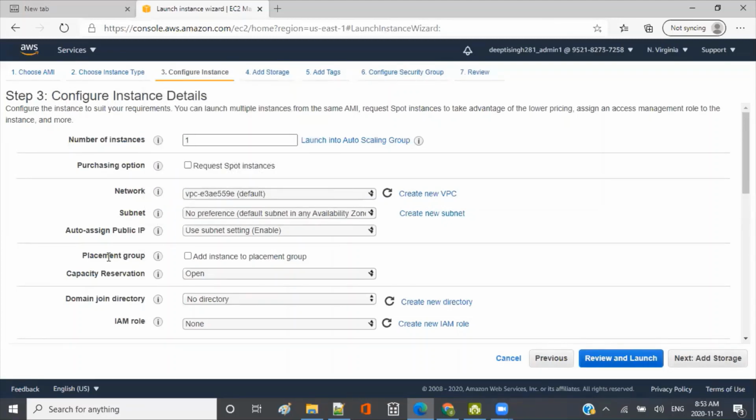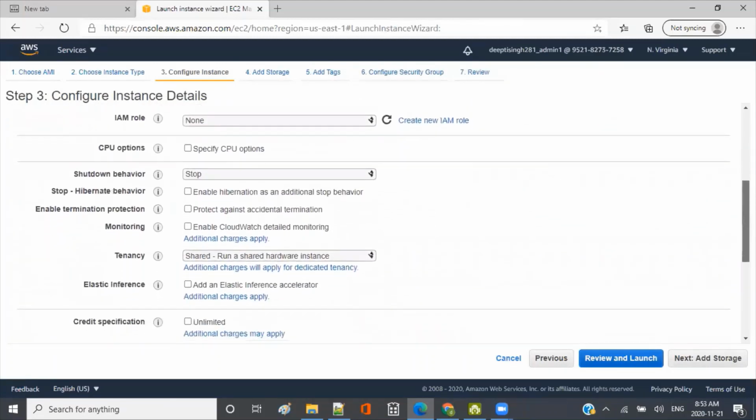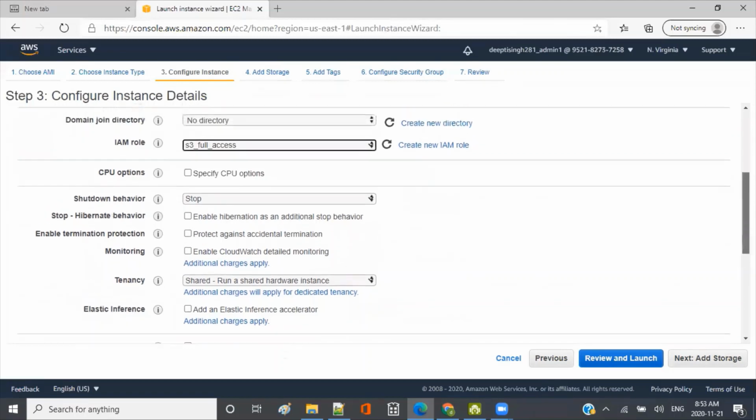And then placement group, don't worry about that at all. And then I'll come to the IAM role, where I usually choose S3 full access, just in case I want to showcase something for S3 integration. IAM role, for people who are not clear about that, we already had a session on this. IAM is how you create roles in AWS and how you do the authentication and authorization for that.